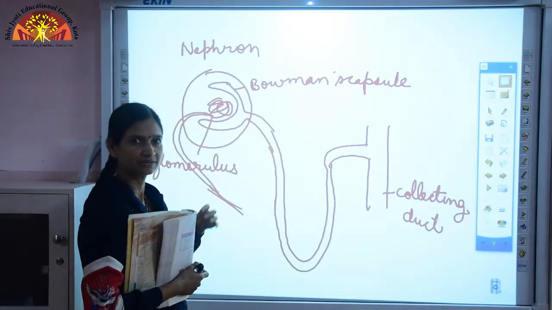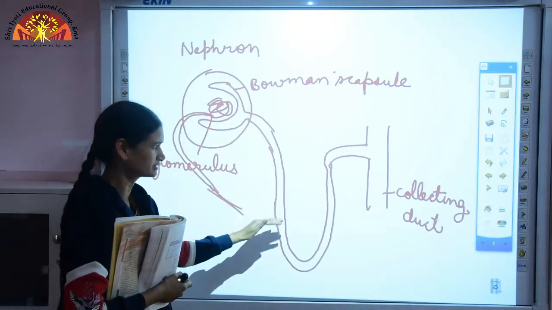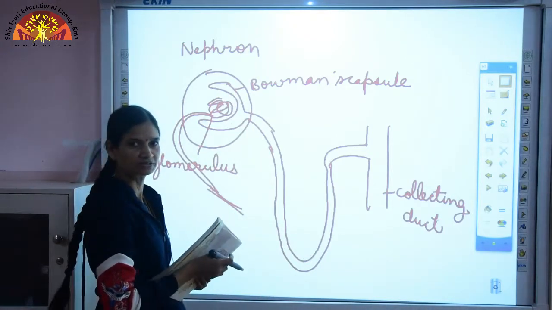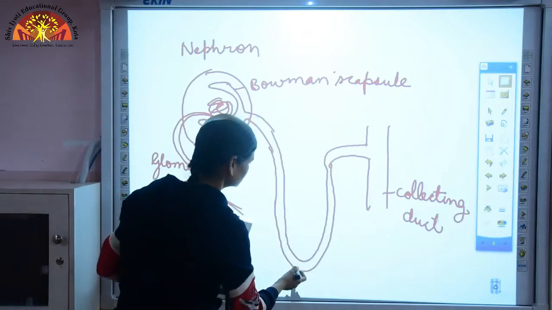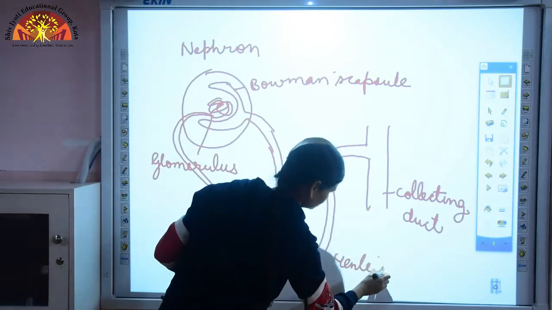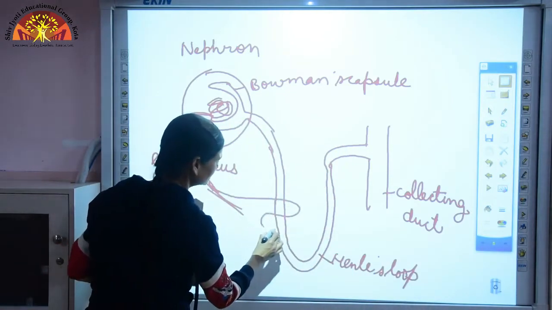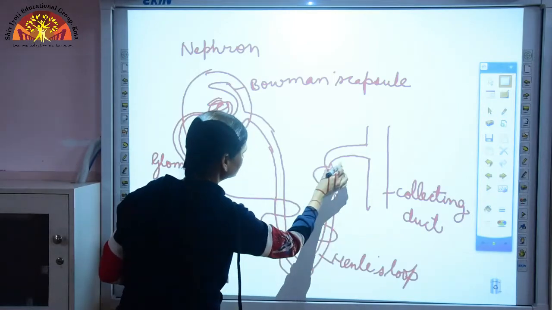The filtrate, that means when the impure blood is coming in the glomerulus, it is filtered and the filtrate passes through this convoluted tubule कहते हैं इसको. So this is Henle's loop, and here you can see this renal artery is surrounding this